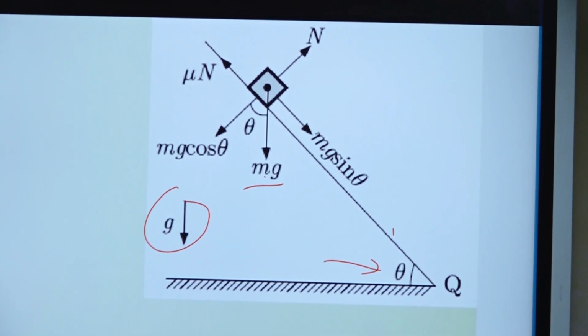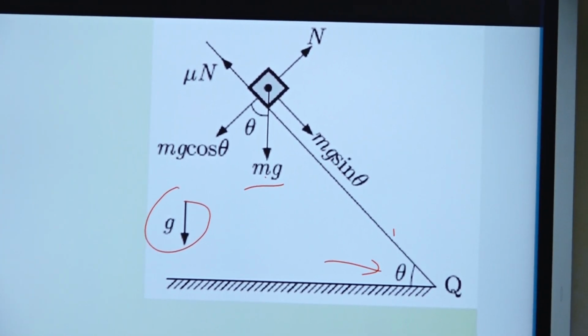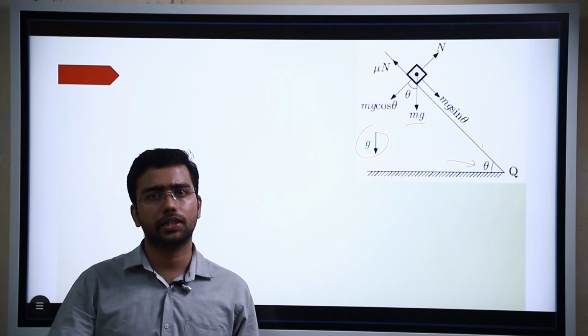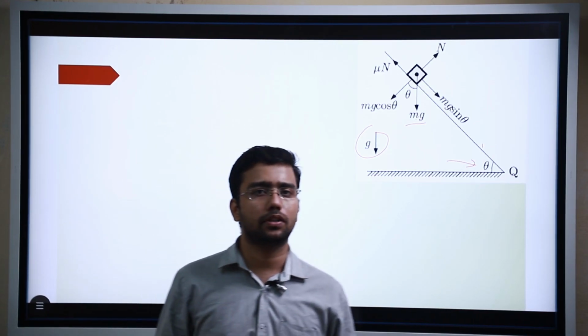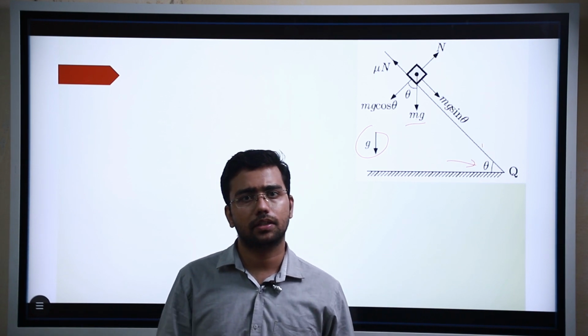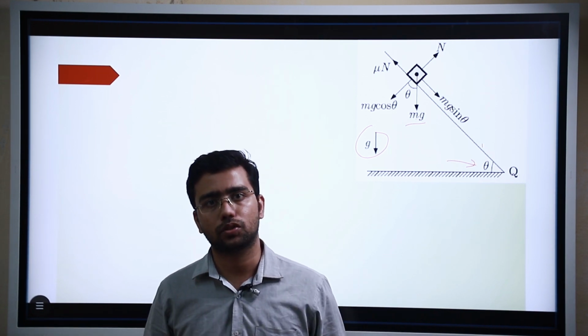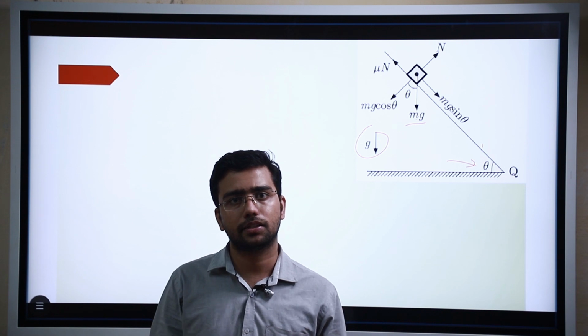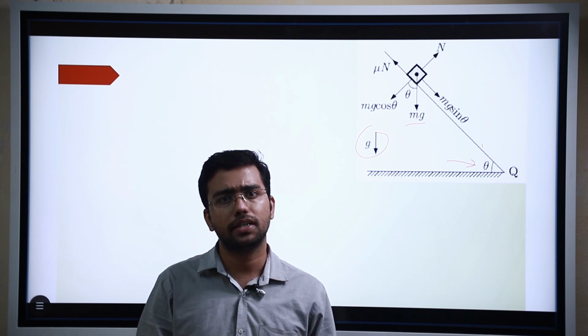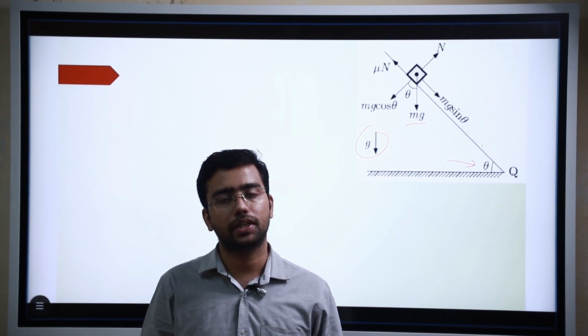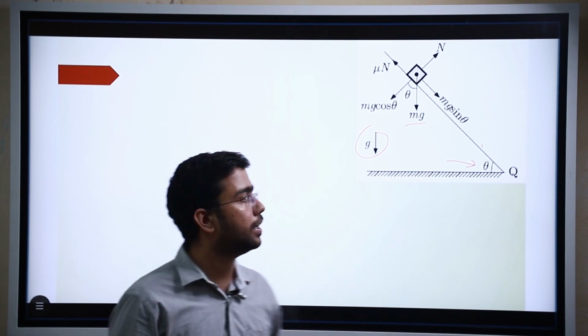So how we are going to find the time, that we need to see. Whenever we have this type of problem, the first thing we think about is the equation of motion. We have three equations of motion. The first one is v is equal to u plus at, and another one is s is equal to ut plus half at square. This equation s is equal to ut plus half at square joins displacement and time, so we can find the time from this equation. So let us write the equation first.